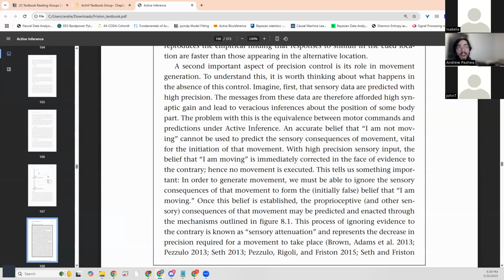They're implying that in order to stand up, I need to temporarily attenuate my belief that I'm sitting down, just so that the proprioceptive signals and everything else can play out such that I can stand up, right? So there's this interesting, nearly philosophical aspect of this, that we have to convince ourselves